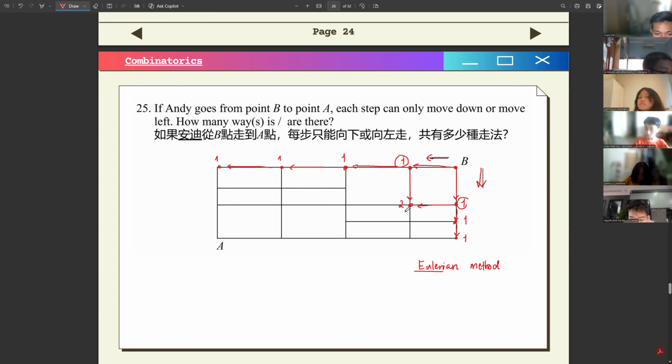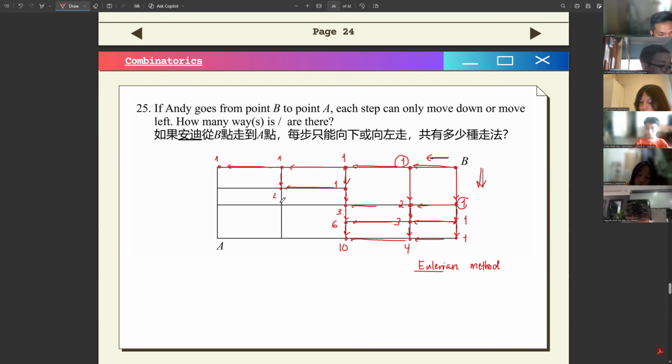Okay? For this one, we add the 2 from here and then the 1 from the right. 2 plus 1 is 3. Same thing here. We add the 3 from the top and the 1 from the right. So we have 4. How about here? You're only going down, so we maintain this 1. And for here, we have the 1 from here, the 2 from here. So we have 3. Here we have the 3 and the 3. So that's 6. Here we have 6 plus the 4. We have 10. Here we have 1 plus 1.